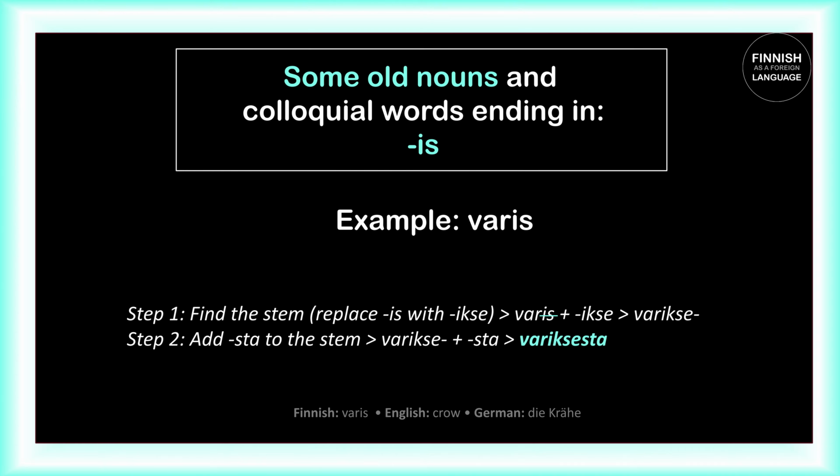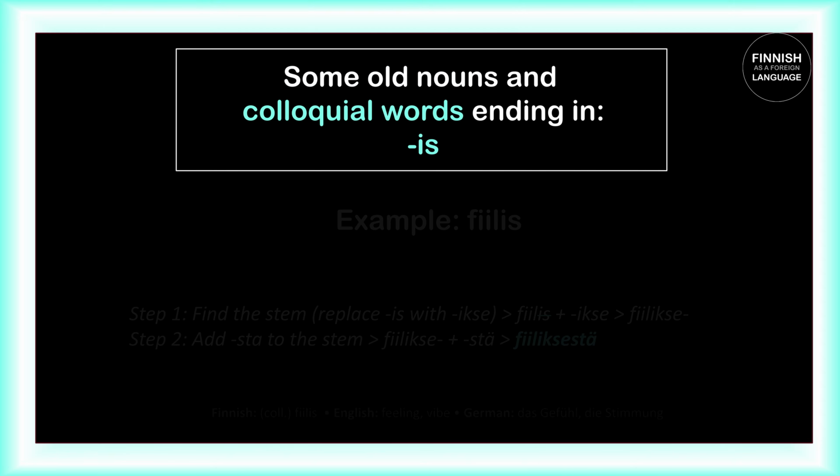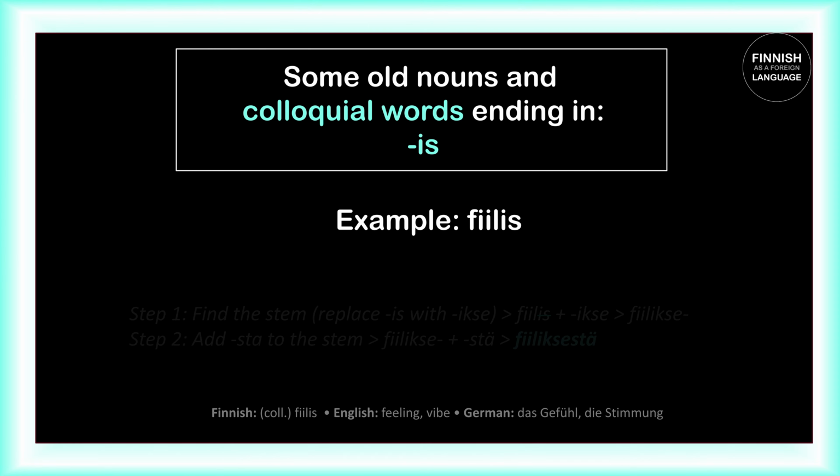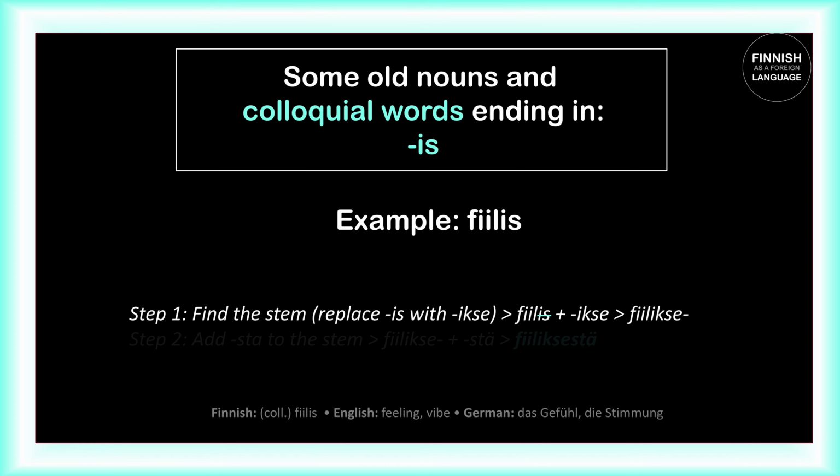Then in the second step again we have to add the elative marker sta to the stem, which means we have varixe plus sta and we get varixesta, which means out of the crow. Now let's take one example where we have one of the colloquial words ending in is. For example, fiilis, meaning feeling. In the first step again we have to find the stem, which we get when we replace is with ixa. So fiilis changes to fiilixa. And then in the second step we have to add ste to the stem, which means we have fiilixa plus ste is fiilixesta. If you wonder now why we have to add ste here and not sta, it's due to